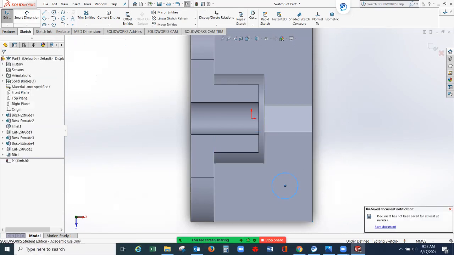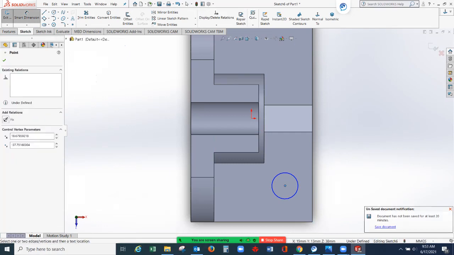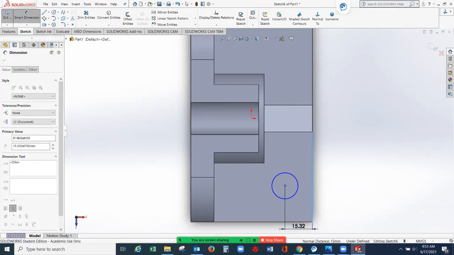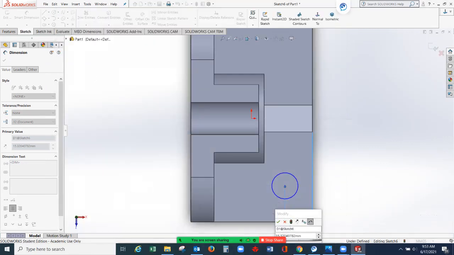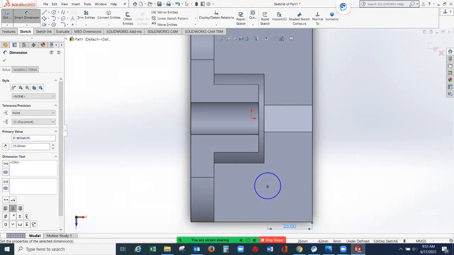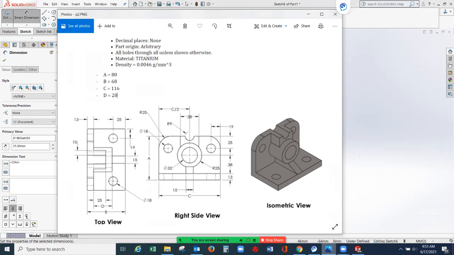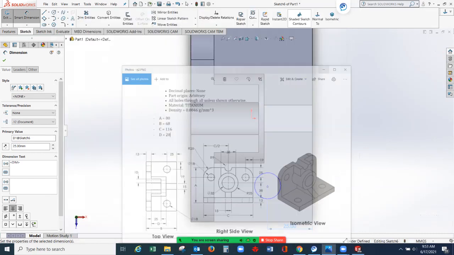Giving a distance from here to here of 25. So you have 25 here, and you have 19 on the other side.